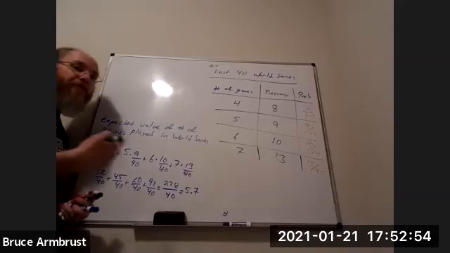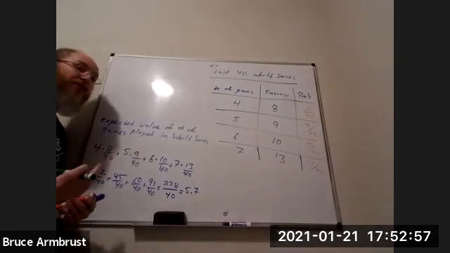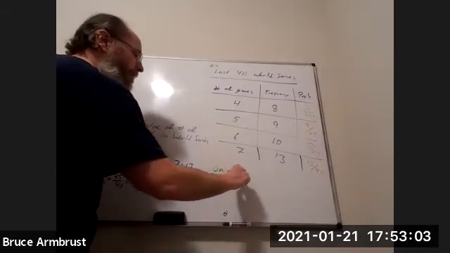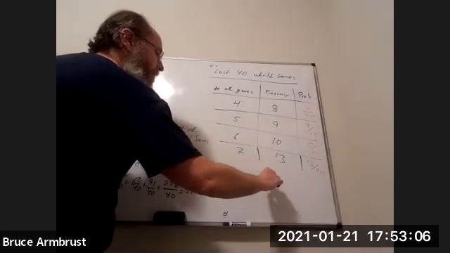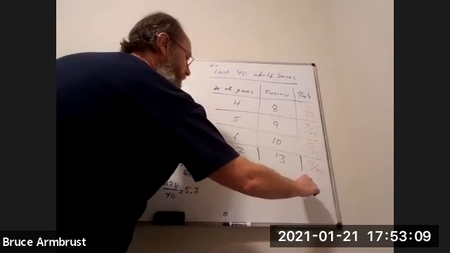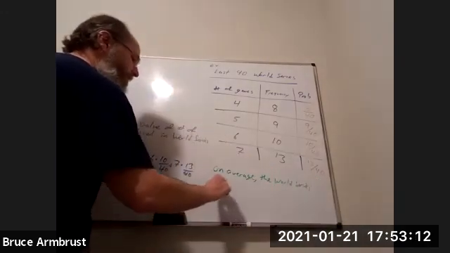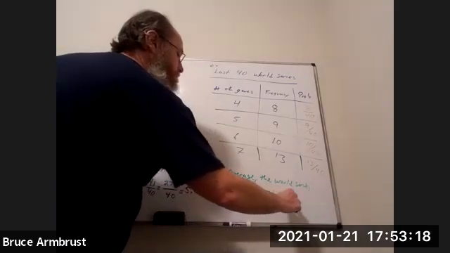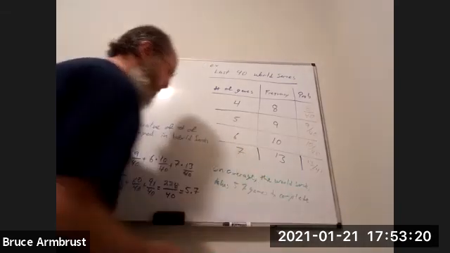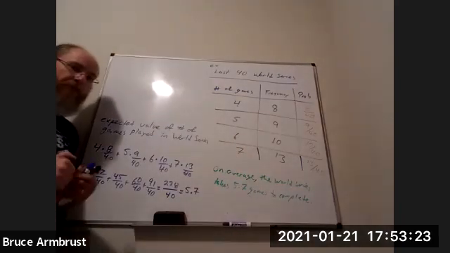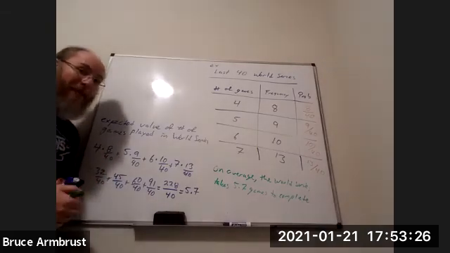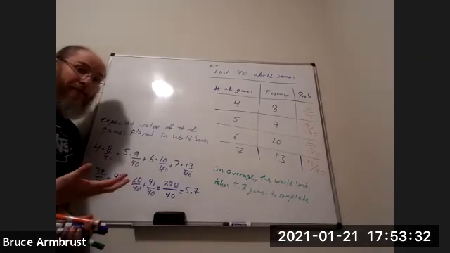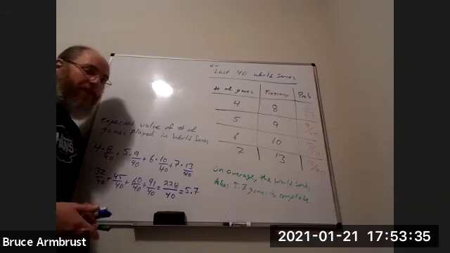All right, so that's the expected value. But again, interpreting what it means, on average, the World Series takes 5.7 games to complete. But remember, that doesn't mean that a World Series takes 5.7 games. In fact, it can't. And that's the thing about discrete